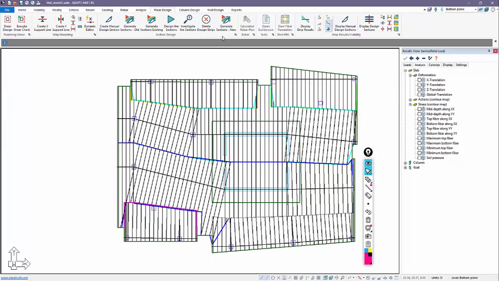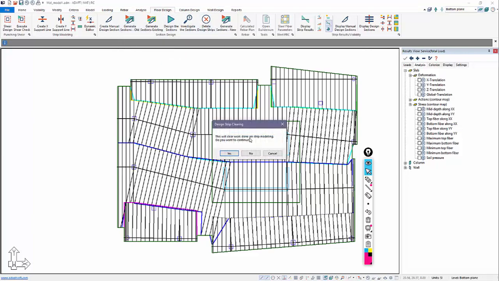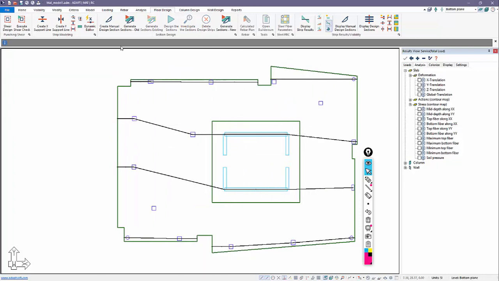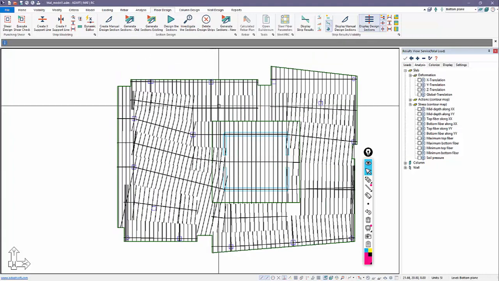Now, another option would be to use the old generator for design sections. This is actually what's used in version 18 and prior. So if we delete these, we have two options. I could draw them in, or I could use the old method. Notice when I use the old method, the program creates middle strip, like so. Okay, we have some areas here where this kind of sneaks past this region down to this face.